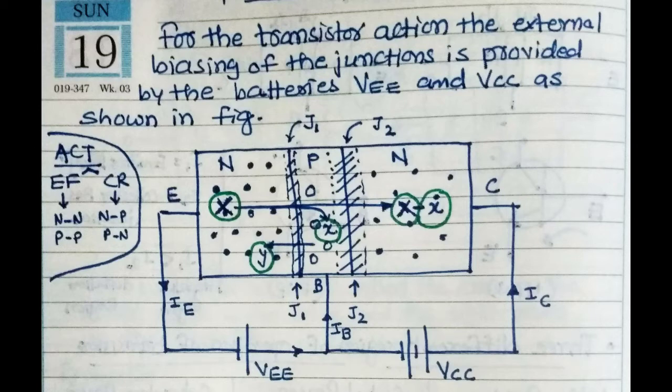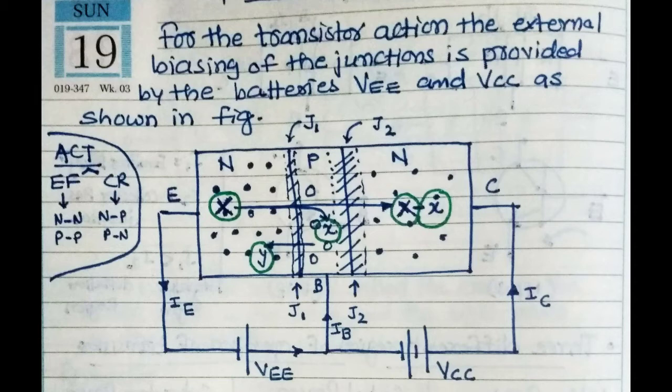With these forward bias and reverse bias conditions, we know that at junction 1, between the emitter and base, there is a very thin depletion region. That is why the N-type emitter, whose majority charge carriers are electrons, can send electrons easily from emitter to base. The electrons cross over from emitter to base, and the base is lightly doped. Lightly doped means the majority charge carriers are holes, but the number of holes is very low.